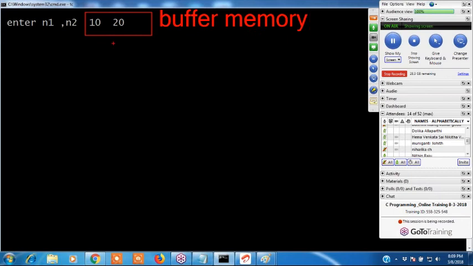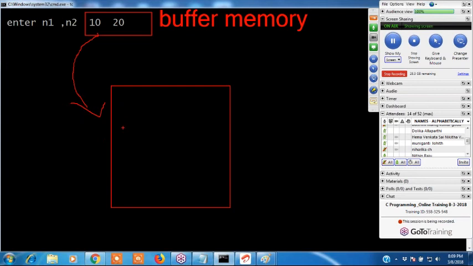Okay, after that, if you write address of n1, then it goes to the stack area. In the stack area, n1 and n2 you declared. Two variables we have declared. This is n1. First n1 will be stored, n2 will be stored. First n1 value, 10, stored in this location. 20 value stored in this location. Directly it won't go to n1 and n2. First it will store in the buffer memory.